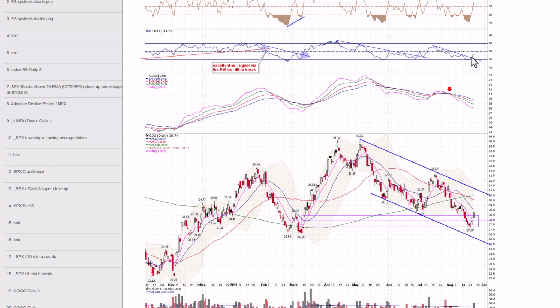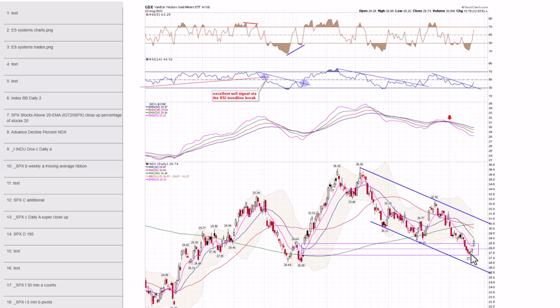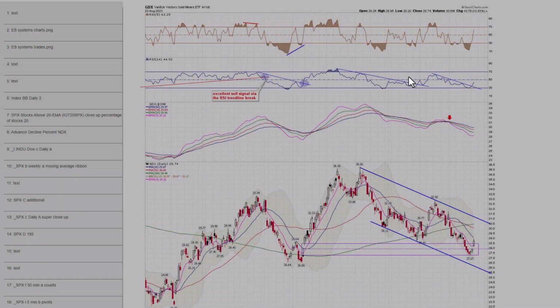Yes, we broke a little RSI trend line here. You had a nice logical trade here, but it's got moving average ribbons here. It's technically in a downtrend. It needs to form a higher low, stuff like that. But it was a logical area to rally from.